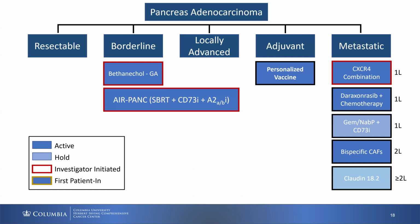Here is a flowchart of our clinical trial. I'm a firm believer of clinical trials, where I feel that every patient with pancreas cancer should be enrolled into a clinical trial. We have clinical trials in borderline resectable, locally advanced, adjuvant, and multiple lines of therapy in the